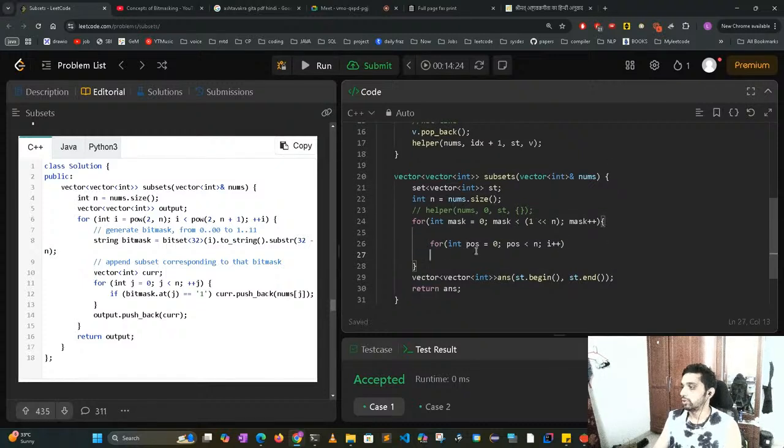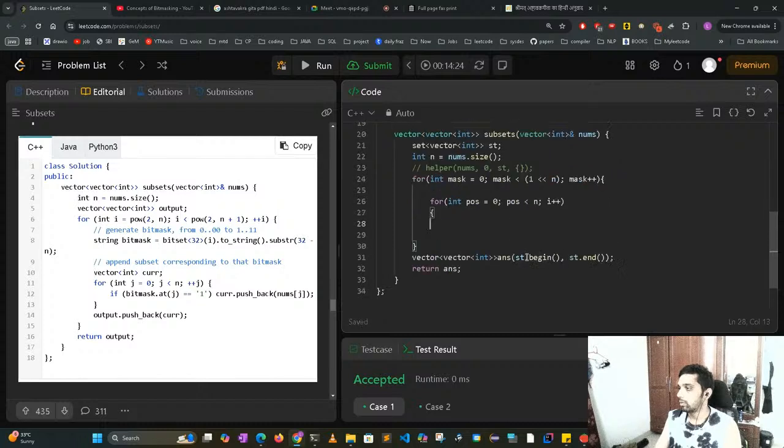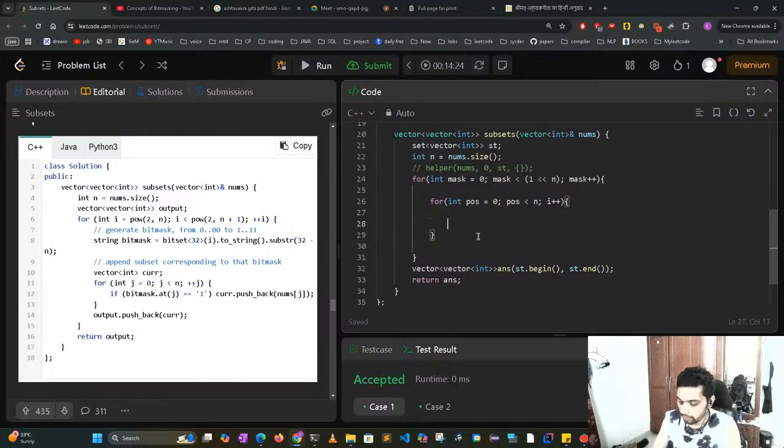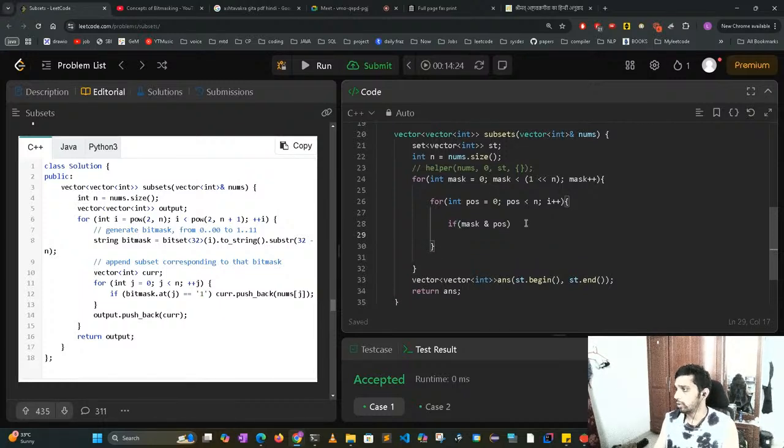Yeah. Now this position goes from 0 to n, and what we have to do now? If the mask, this value and the number, the position, if this, yeah, the mask and the position is there, then what we can say, we have to add into the set some vector temp,